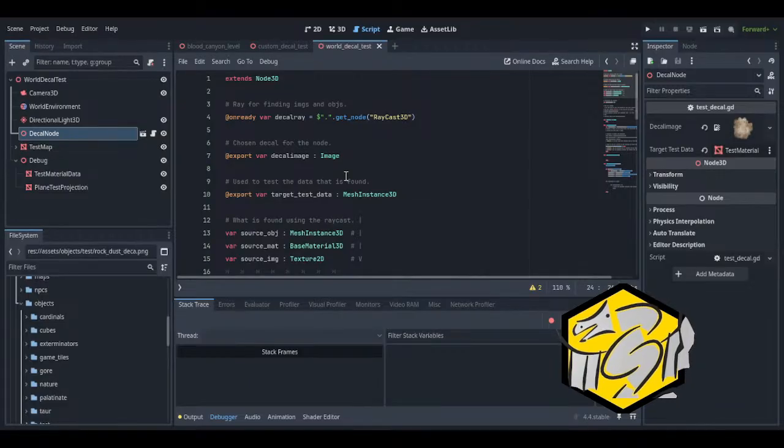I think we need to grab the maps texture, and then once we do that, we gotta convert it into an image, and then we could use the image methods.